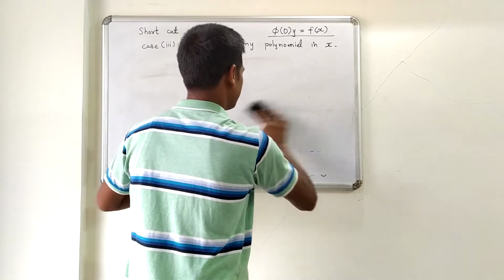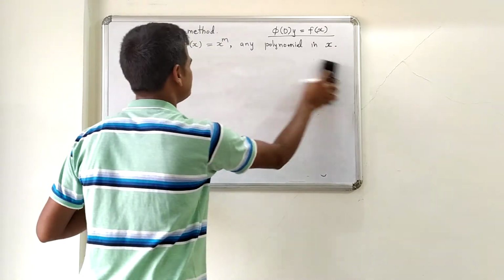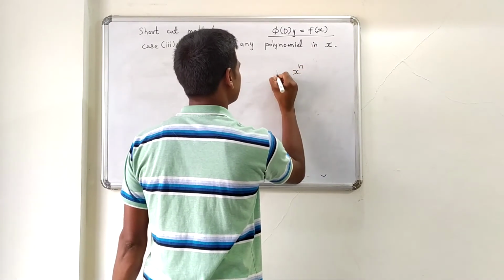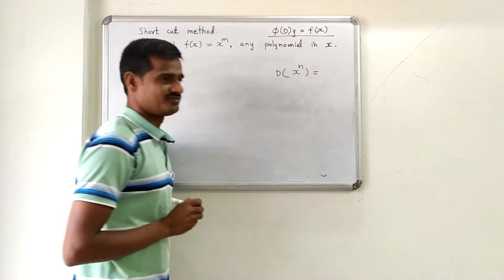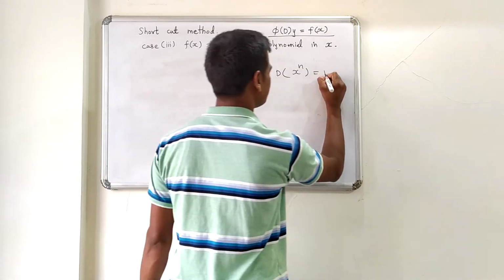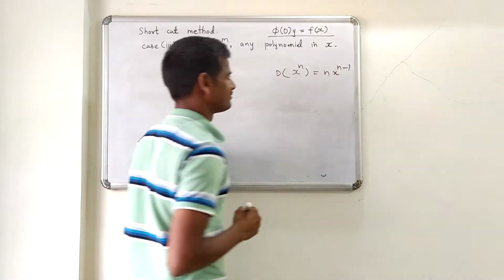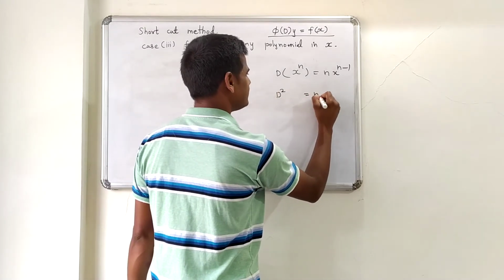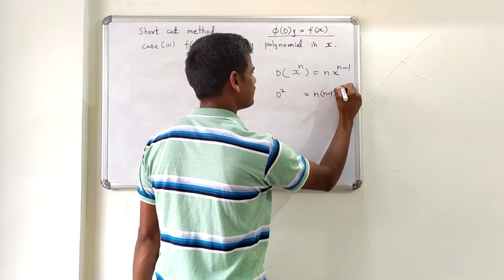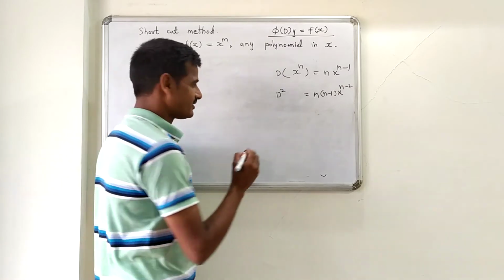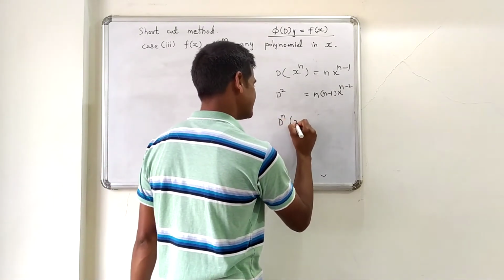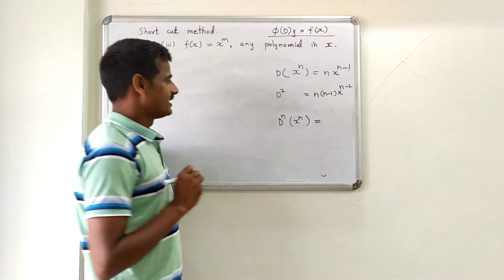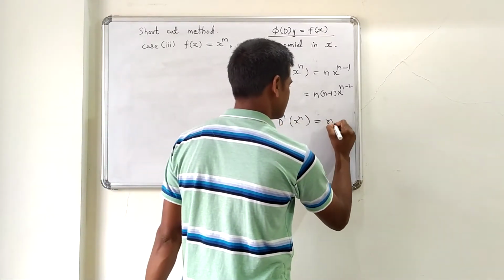And in addition to this, you should know that, what is the first derivative of x raised to n? In fact, it is very simple, n into x raised to power n minus 1. What is the second derivative? The second derivative is then n into n minus 1 x raised to power n minus 2. See, I am interested in what is the nth derivative of x raised to power n. Okay, so you continue in this way, you will get the nth derivative of x raised to n is simply n factorial.